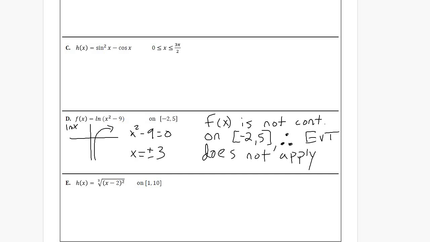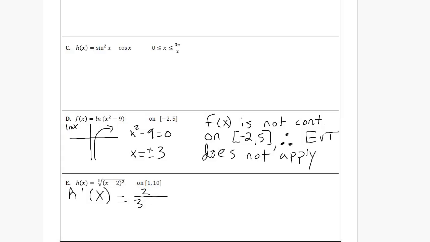On this one, you would have to think about where it is going to be undefined instead, because you are going to end up with a fraction on your derivative instead of a nice pretty polynomial. So if I take the derivative of this, this is technically x minus 2 to the 2/3. We would have to do a chain rule. So we get